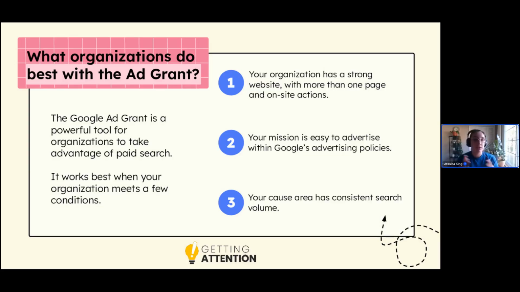If you're thinking about this, I would punch in a few of the terms that are most relevant to your cause, your mission, what you do. Punch them into those tools. Just use the free version. You don't need to pay for anything, just take a look. If you're getting a couple hundred, couple thousand, tens of thousands, you are in the clear. But if you are seeing that all of our potential searches are only getting about 10 to maybe 50 searches a month, it may be that organic would be a better platform for you, at least for getting started, and you may have better luck through other more direct channels like email or possibly really targeted social media or something like that. So, those are a little bit of thoughts on what types of organizations do best with the grant.